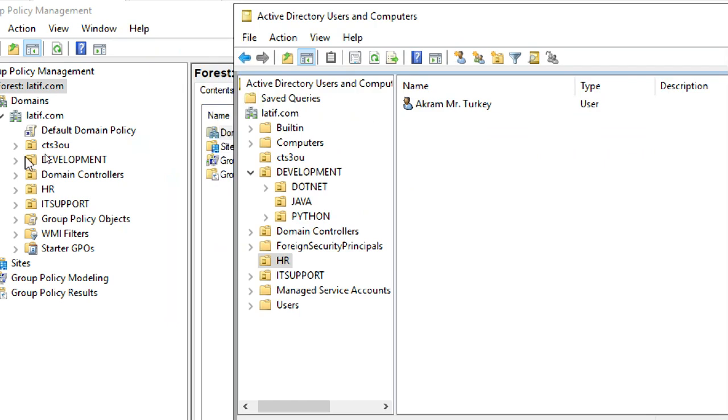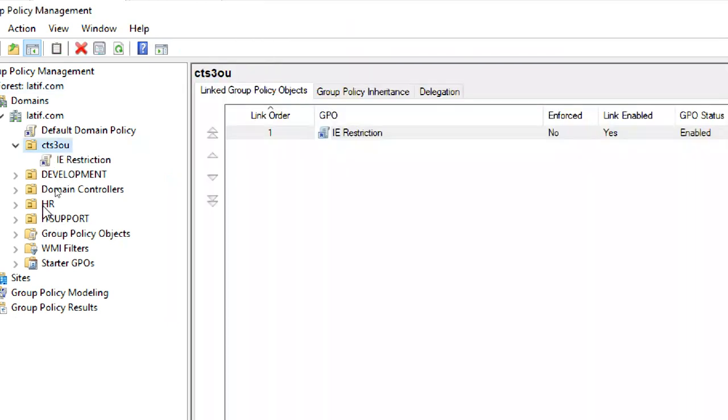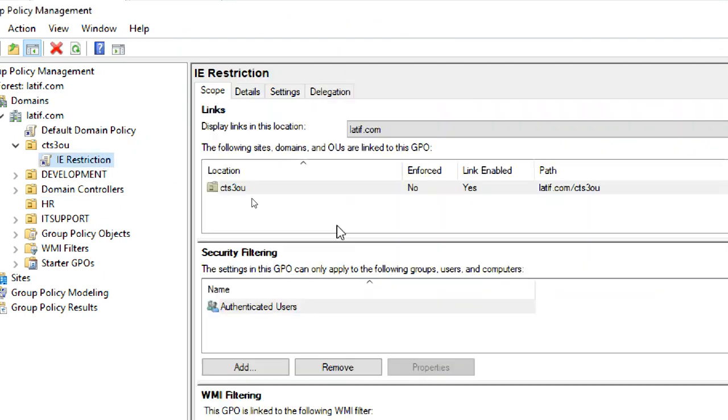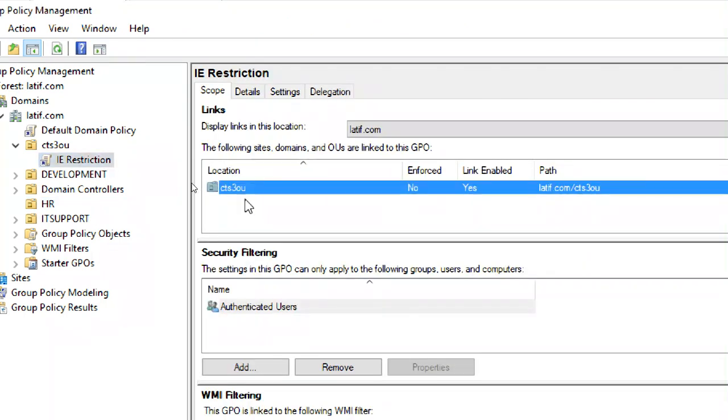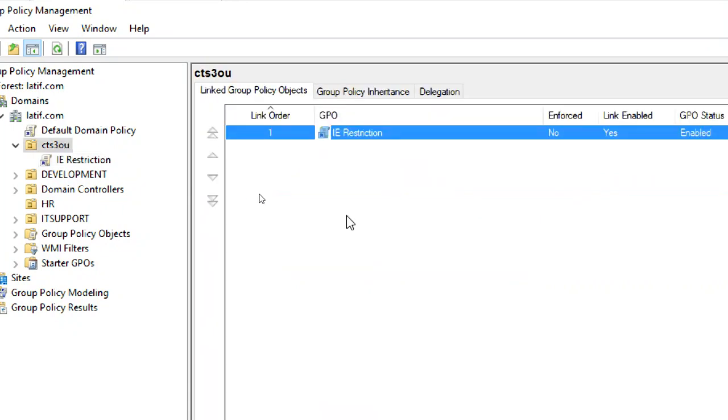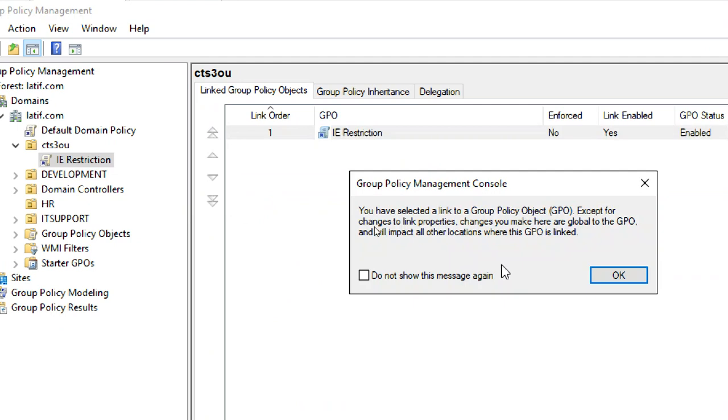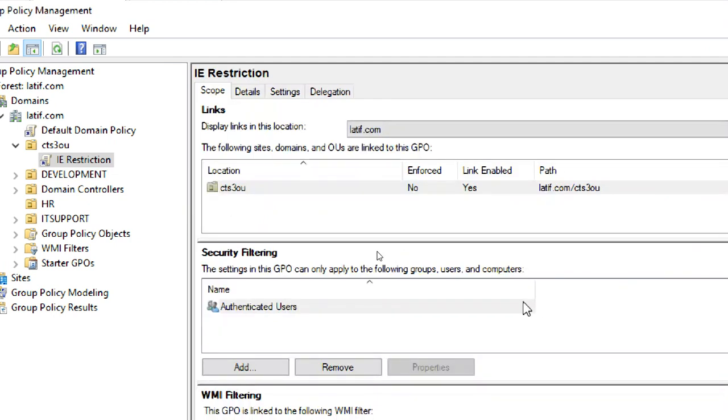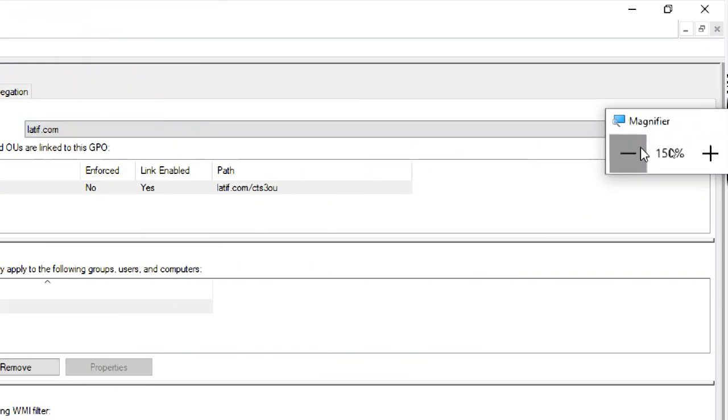I linked the policy to CTS3 only, not HR. So obviously, right? If you click here also, you will see the policy is applied on link to only that OU. Only the OU users can be affected by the policy. Other users in different OUs cannot be affected. If I link this policy to the domain, everyone will get affected.